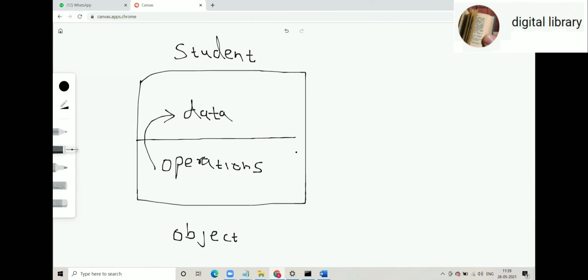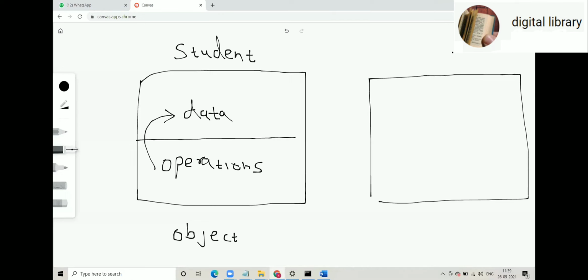These operations can operate on the same data: get name, set name, get age, etc. And suppose we have one more object, some different object, let's say course. This is another object. Again, here also we have a combination of data